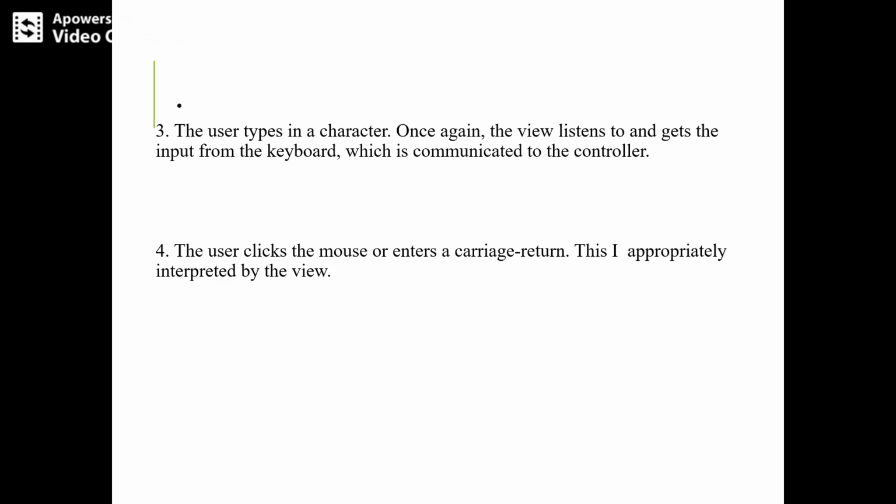In the case of the mouse click, the controller is always notified that a new operation, adding a label, has been initiated. We will come to know how the label has been initiated after this fourth point. So this is how adding a label can be done in the MVC architecture.